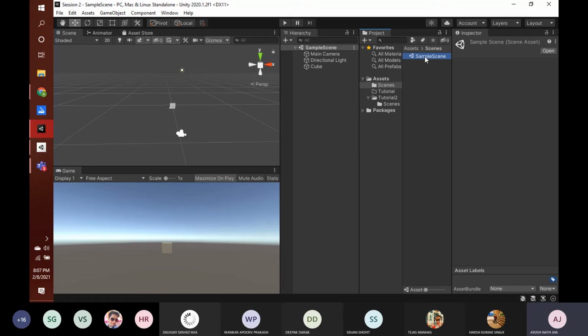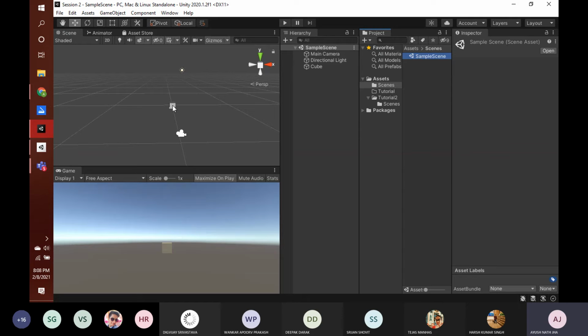And if you have ever made changes to a scene, and if you are moving to another scene, see, why do we have multiple scenes? You can consider a scene like a level of a game. If you have multiple levels in a game, one scene will depict one level, another scene will depict another level. So scenes basically club all the elements of a particular level in a common space, and you can design them in that common space, and you can use that as a single level. Whenever you switch scenes, you will always be asked for saving any unsaved changes. So if you want to save, you can click on yes, and if no, you can click on don't save. Then here we are back on our normal scene.